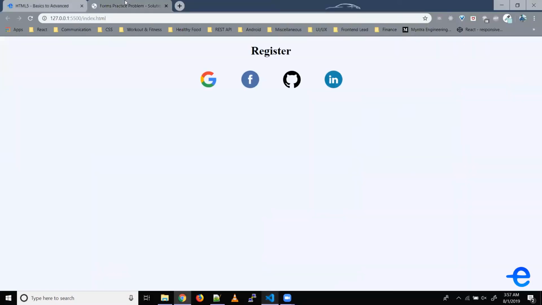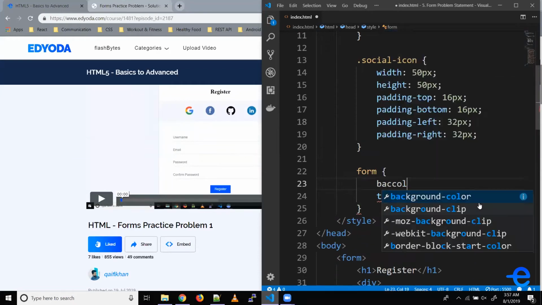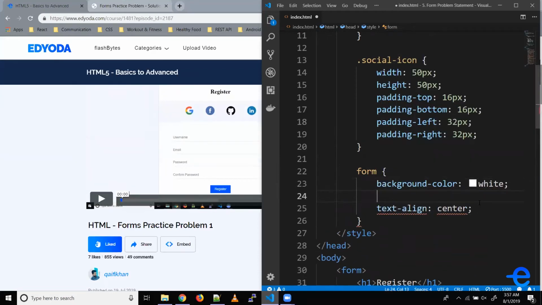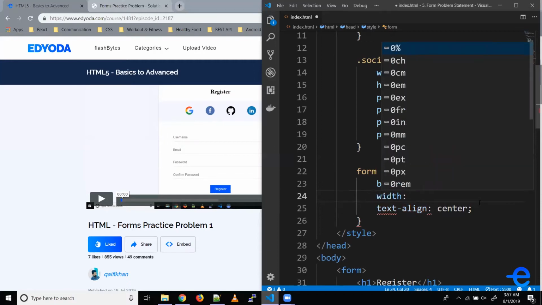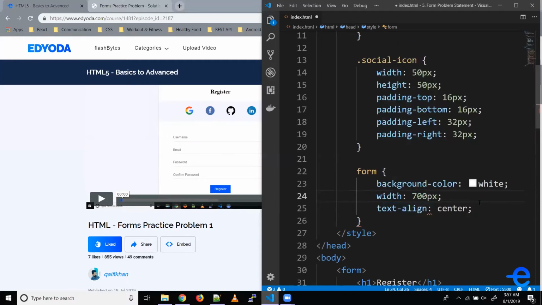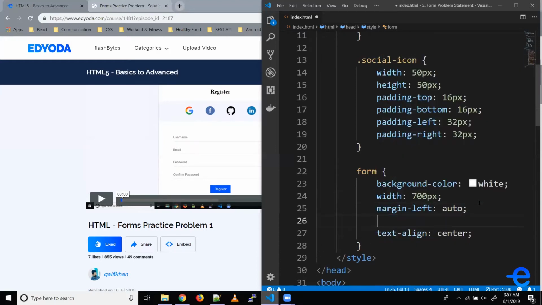Also, we want our form itself to be in the center and to have a background color white. So background color white. And we could use margin auto, but for that we need a fixed width. So let's say 700 pixels. Let's give it margin left auto, margin right auto. Let's save it. And as you can see, we've got a white colored background and the form is in the